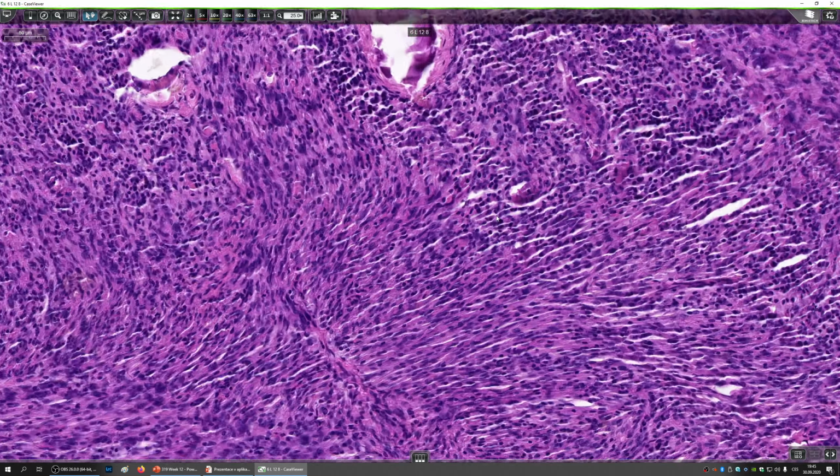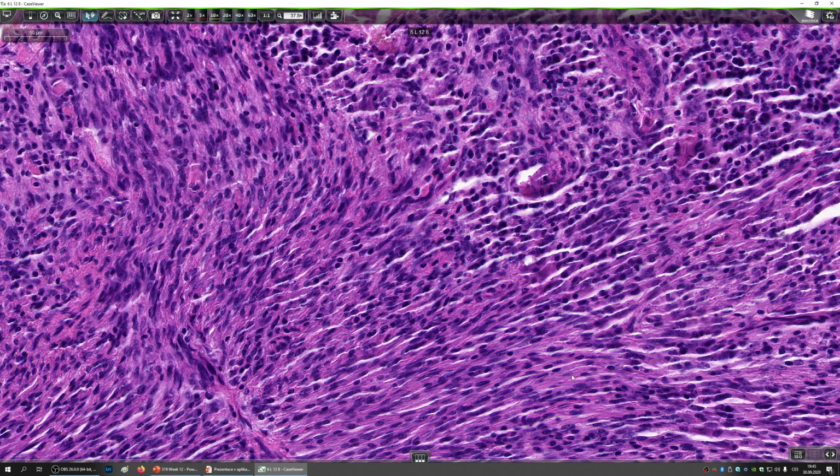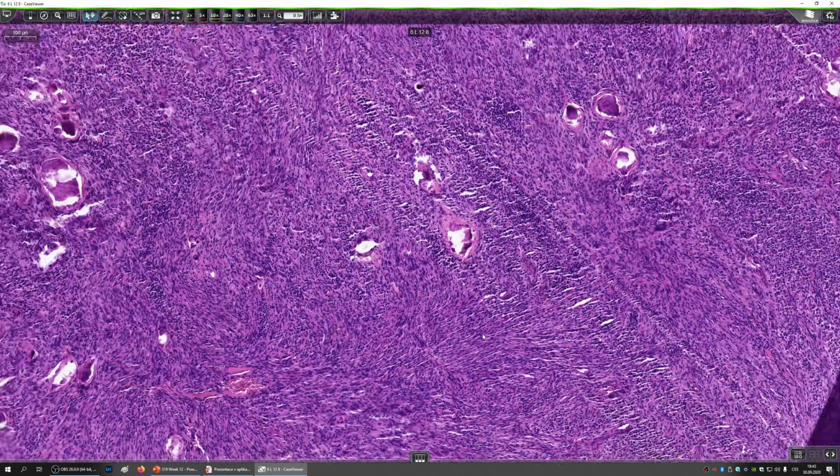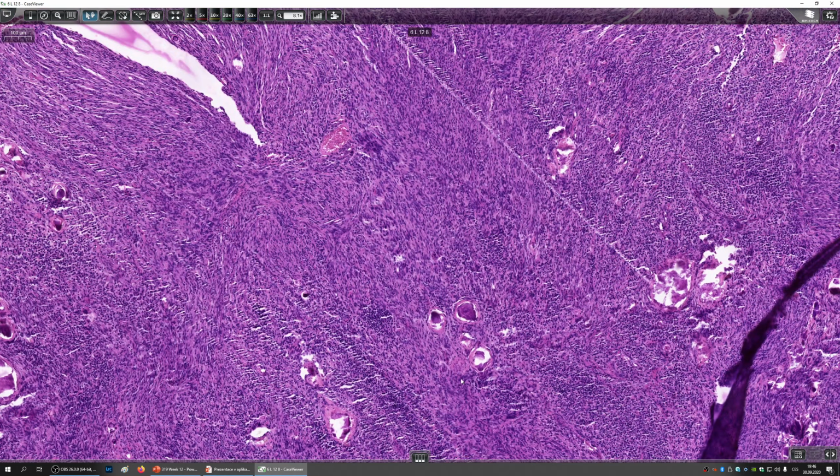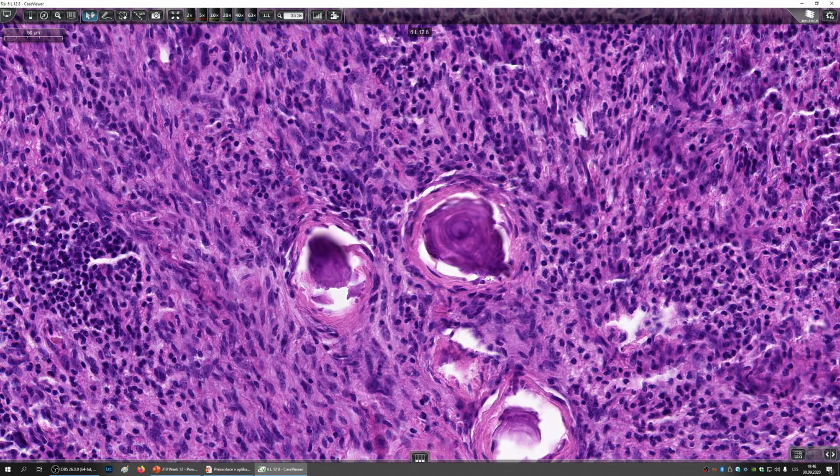This is another spindle cell tumor. So we have, for example, Schwannoma in the differential diagnosis. But there are some differences. For example, in many meningiomas you can get the so-called psammoma bodies. These are concentric